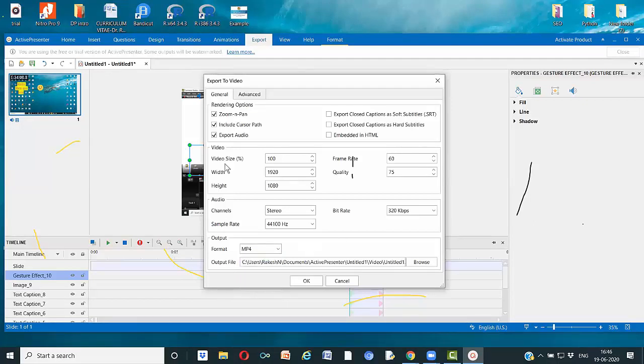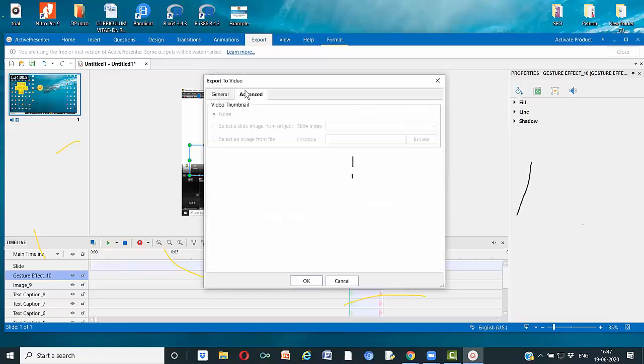I can choose my video size, the height and width, and the frame rate. All these adjustments are possible here. This advanced feature is available when you are paying, but not in the free version.